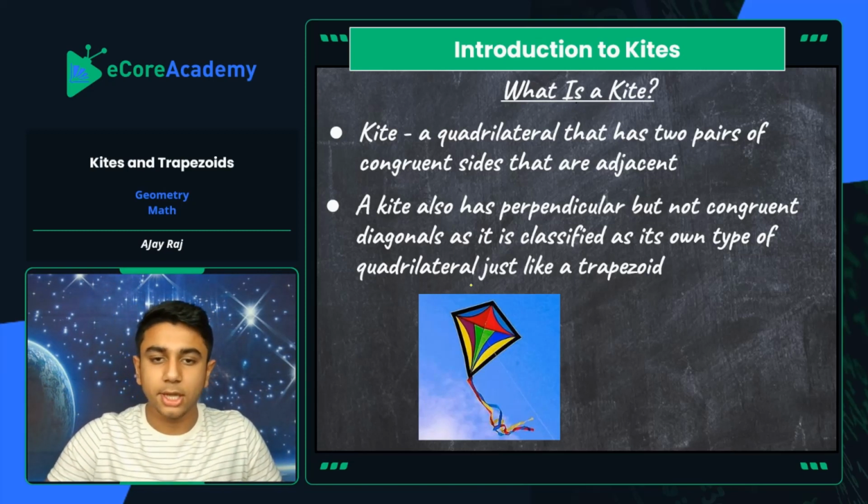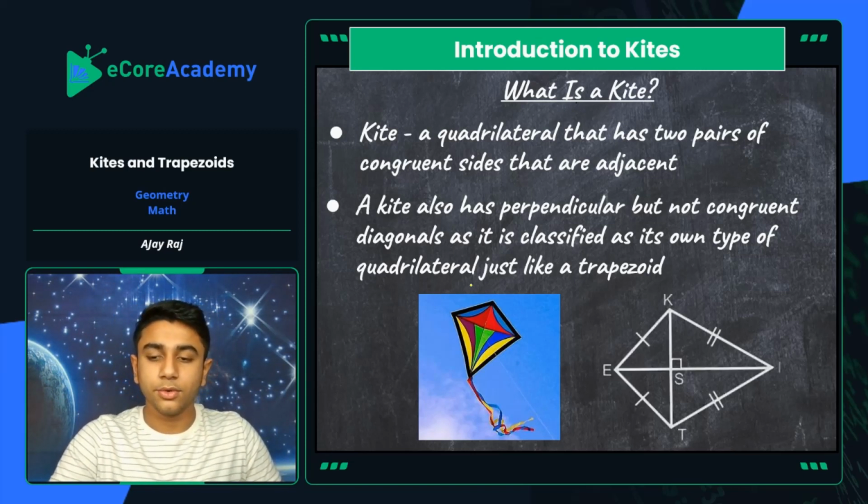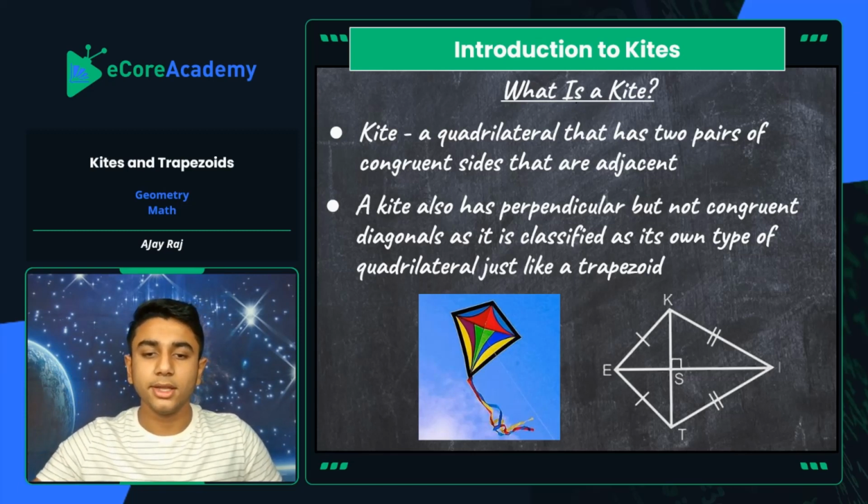So it's the same exact type of figure there. And then, of course, this is our geometric breakdown of that figure. If we take a look here, we have some of the properties. So what I mean by adjacent congruent sides is, adjacent means that they share a common vertex, meaning they're directly